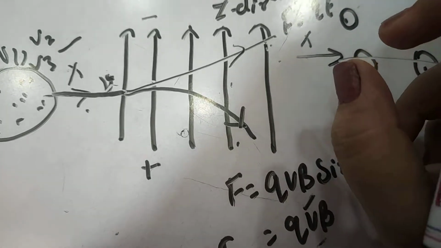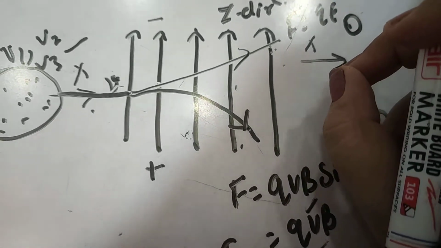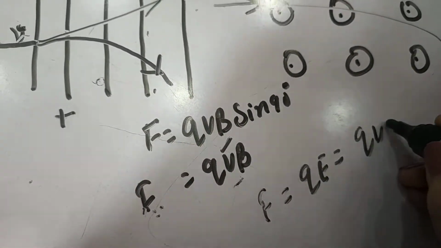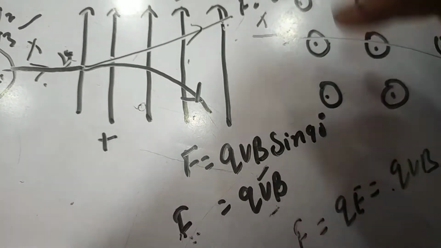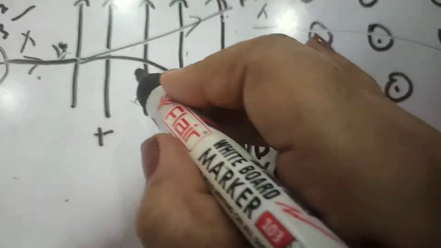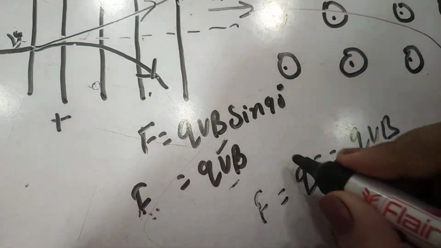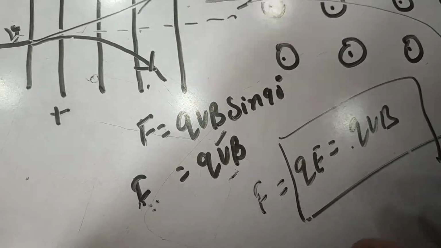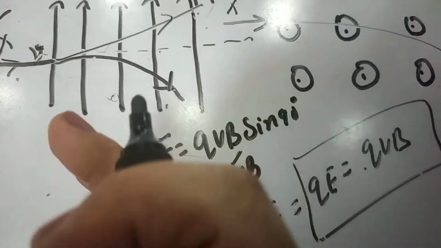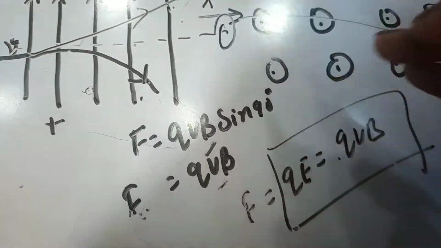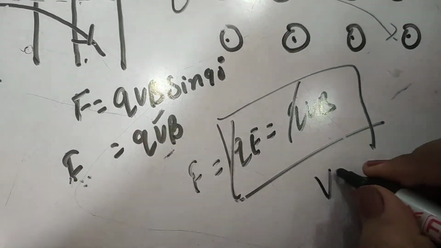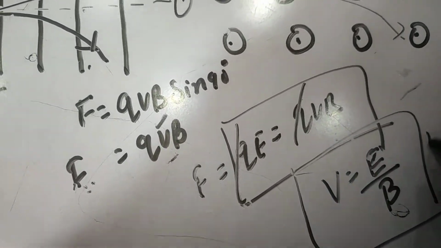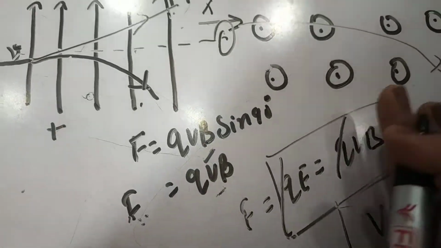But a particular charged particle having velocity v such that this force F equal to qE is equal to qvB will not suffer any deflection either upward or downward, and that will pass straight. So the particle having velocity v which satisfies this condition will pass straight and be filtered out, and the rest will be rejected from that window, right? So in that case we can find the value of v equal to E by B. So only the charged particle having this velocity will be filtered out, and the rest will be rejected.